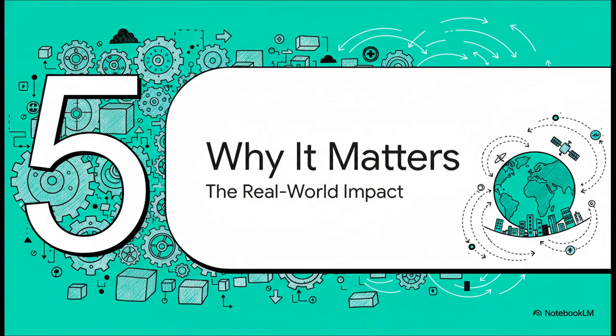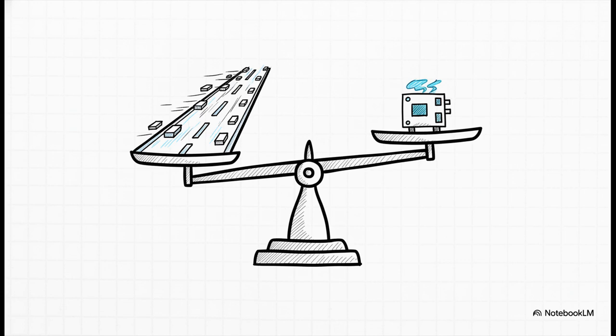But let's get to the most important part. Why does any of this actually matter? What does all this clever engineering mean for you in the real world? The first massive impact is just raw performance. Virtual parents let Kaspa process a huge number of blocks in parallel, which means you get incredibly high throughput. But, and this is the crucial part, it does all this while keeping the processing and memory needs for nodes really low. This means more people can participate, and that is the absolute bedrock of decentralization.